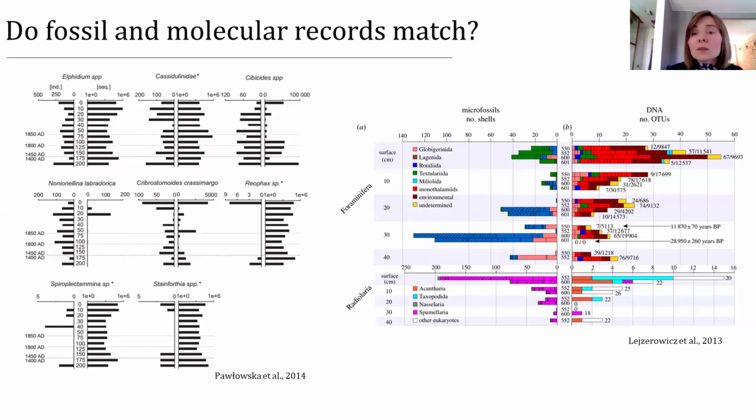But if you look at this graph on the right, here's the comparison of foraminifera record from sediment cores from the deep Atlantic. And you see this red and dark red or brownish color here. They're monothalamous foraminifera and so-called environmental clades. So these are forams that are not described morphologically. We know only their DNA sequences, and they are most likely monothalamids. So you can see the overwhelming abundance of this group in the record compared to the hard-shelled taxa, like rotaliids and textulariids and so on.